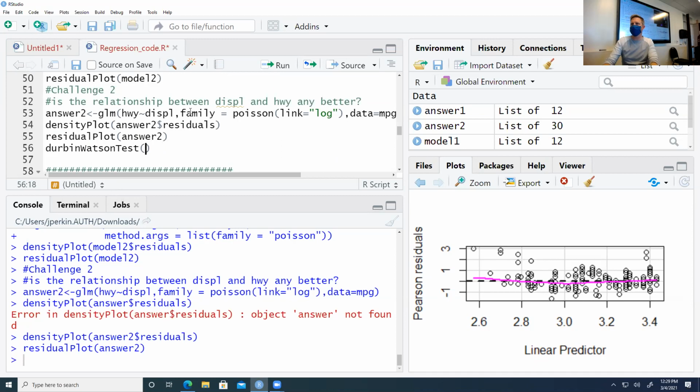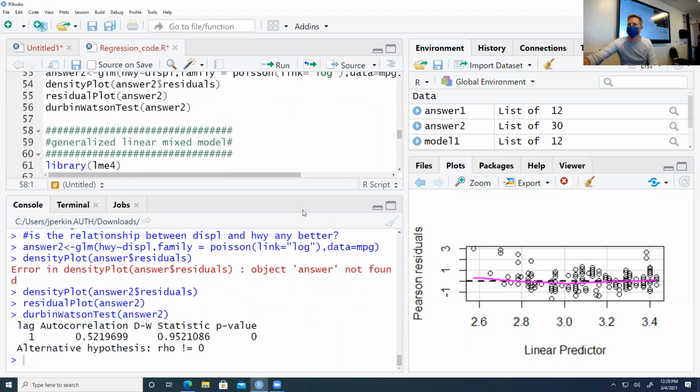And we'll just run that code on answer 2. Okay, and remember the Durbin-Watson test is testing for autocorrelation, and notice that we still have violation of this assumption of independence. There's some autocorrelation in there, related again to the fact that there's these stacks of points in here